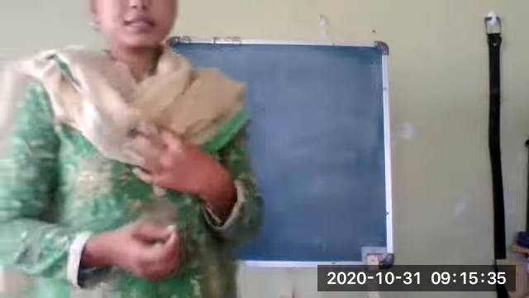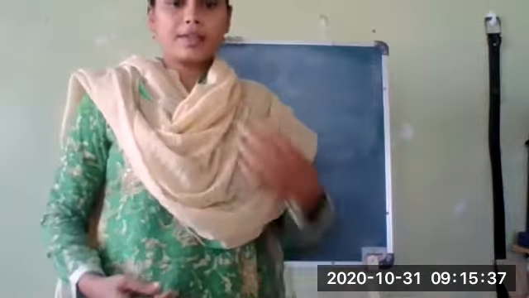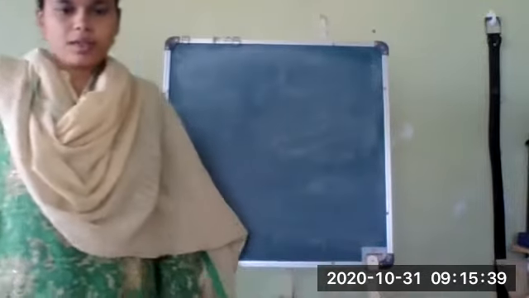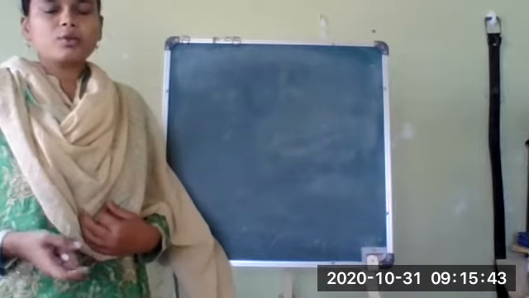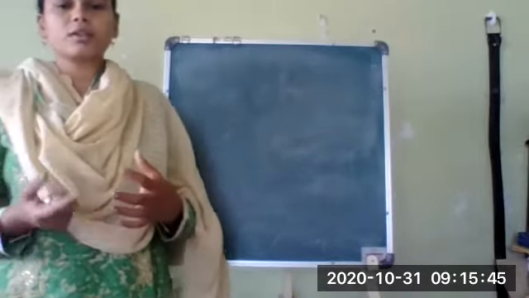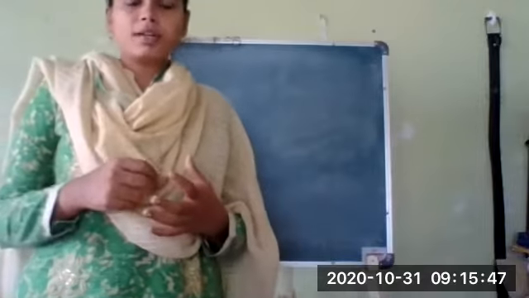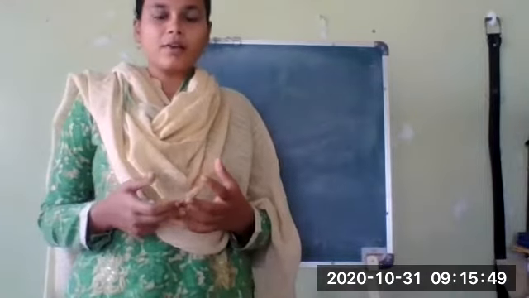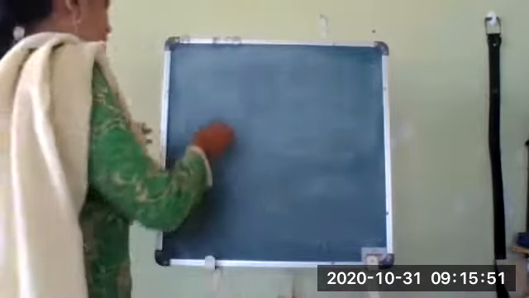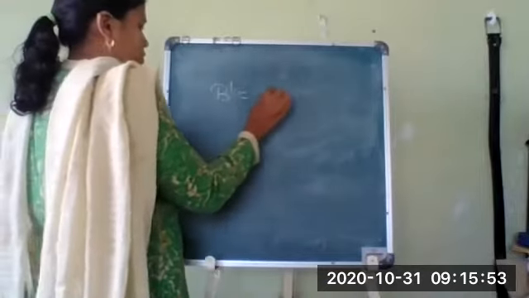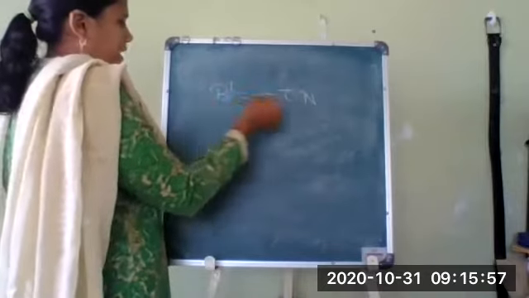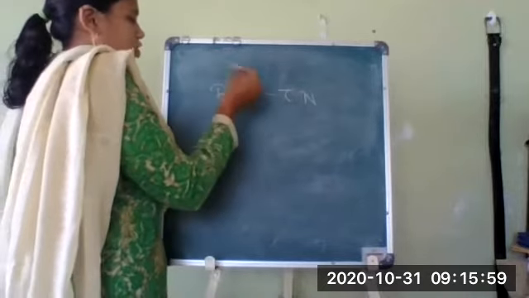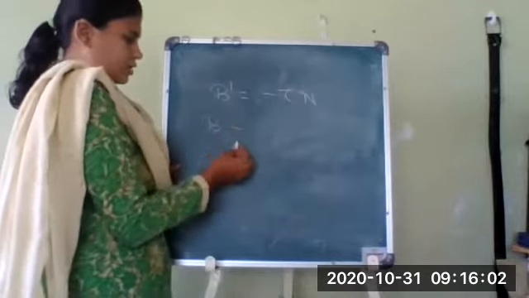What is t? T gives you the velocity of the curve. Normal to the curve will show you the turning of the curve. The binormal will give you how many twists are in the curve. And what will be tau? b dash is equal to minus tau into n, where n is the normal vector. What will be b dash? It is the rate of change of twisting, because b tells you the twisting.